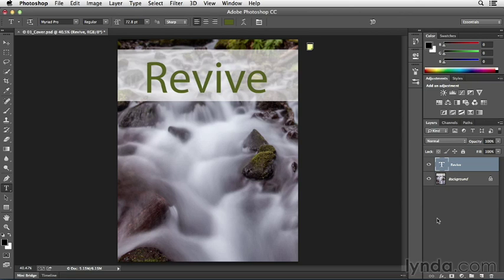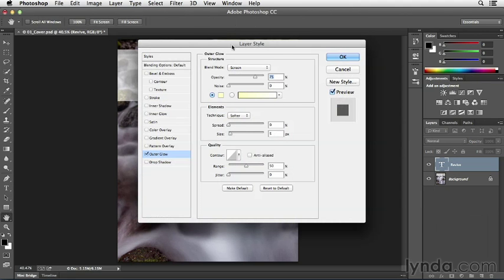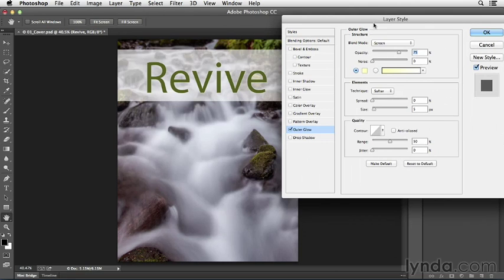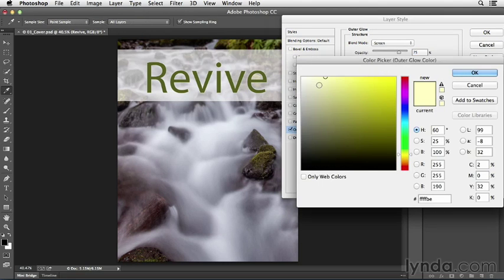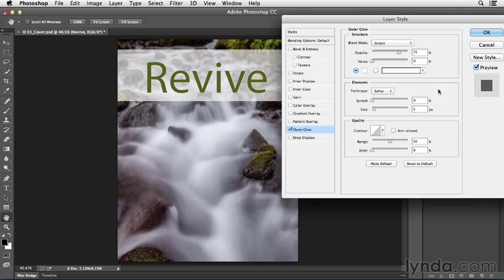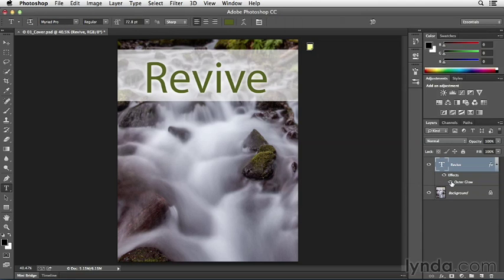separate it from the background. In the Layers panel, click the Effects icon and then Outer Glow. Reposition that. And I'll change the color to white by clicking on the color swatch, selecting white, and then make it a little larger, changing the size. Click OK, and we can toggle that off and on, and you can see how it just separates the text